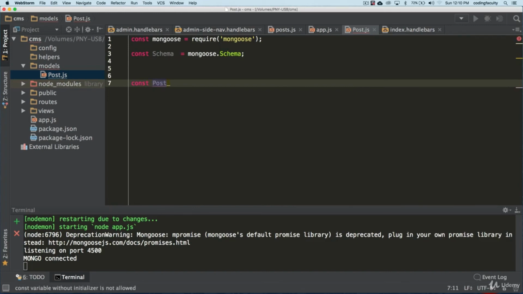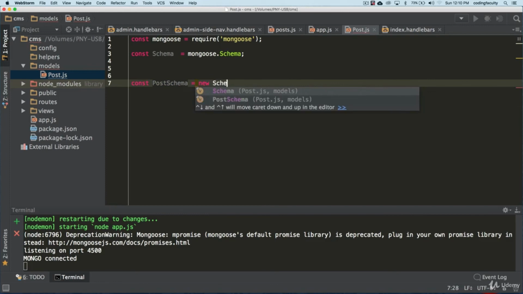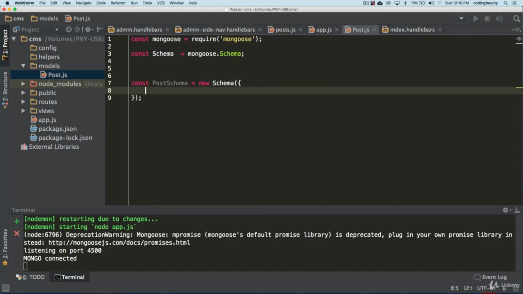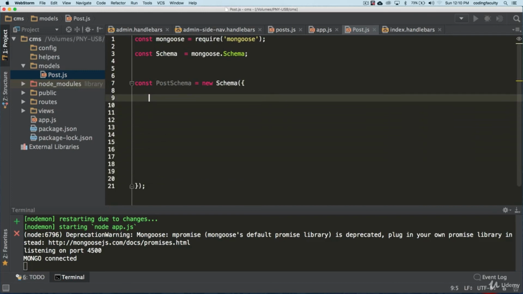I'm going to call this postSchema, with a capital P, capital S. We're dividing each word by an uppercase letter. It's just convention. And I'm going to create a new instance of this Schema that I have on top there. See that? But inside here, the parameter is going to be an object. And now we start defining our schema here.